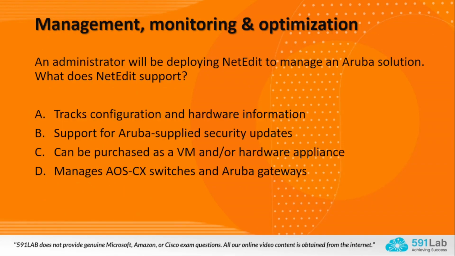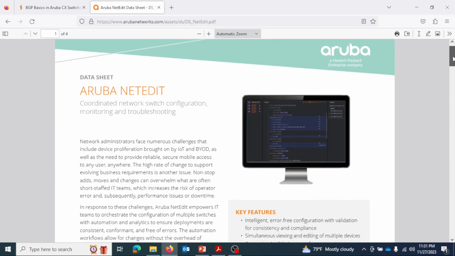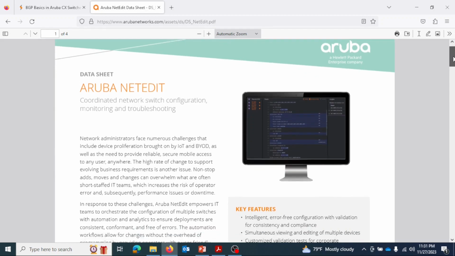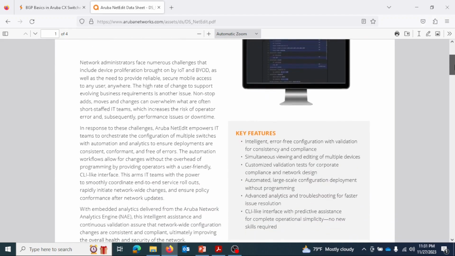Next question is from management, monitoring and optimization. An administrator will be deploying NetEdit to manage an Aruba solution. What does NetEdit support? Let's understand what is NetEdit. Look at the NetEdit datasheet. Aruba NetEdit is a software tool that supports IT teams to orchestrate the configuration of multiple AOS-CX switches with automation